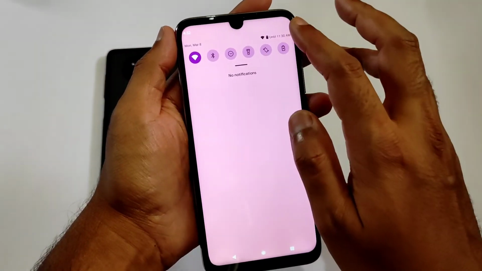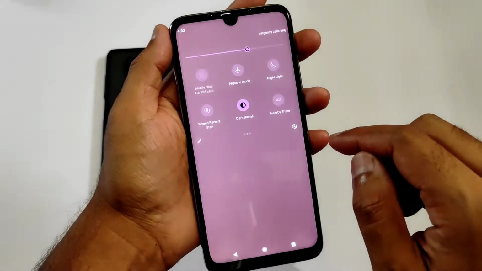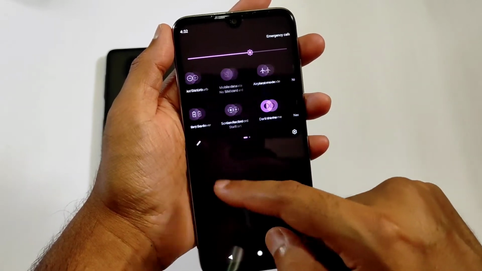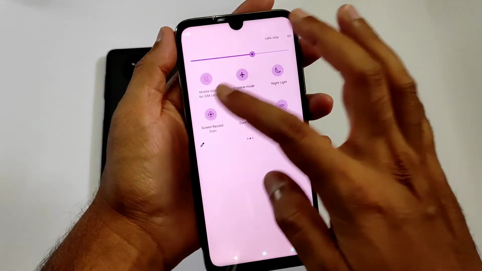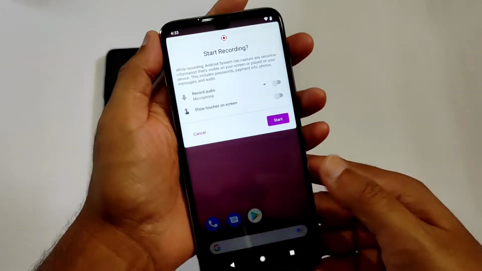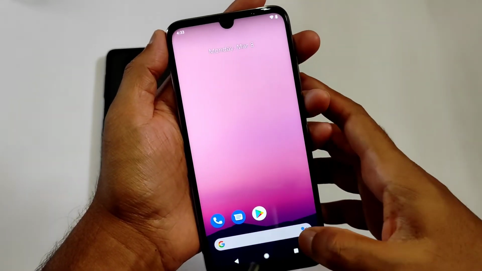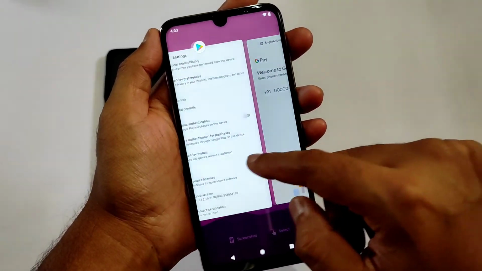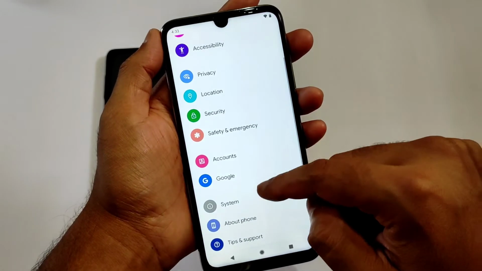It's smooth. The UI is a little bit smoother than Android 11, and this is how the dark mode works in this ROM. I will turn it off, and there is a screen recording option also. You get just the audio in these settings, nothing like custom ROMs. It's simple. Even the RAM management is fine in this. Scrolling between the apps, everything is fine.